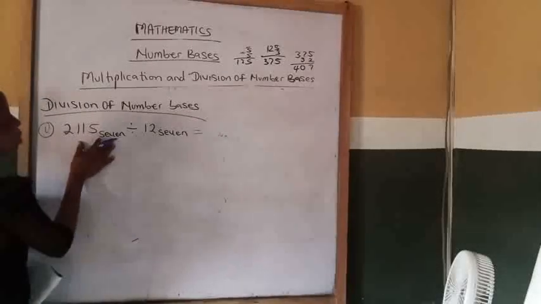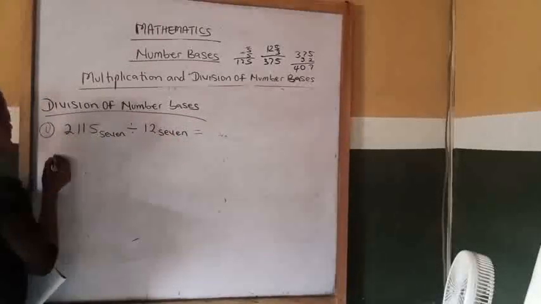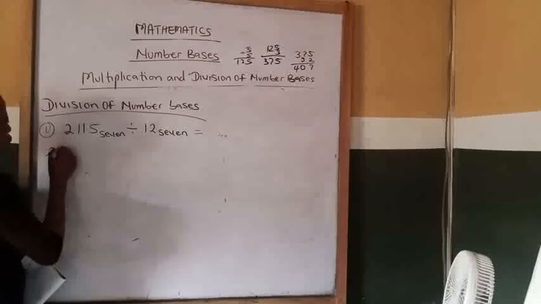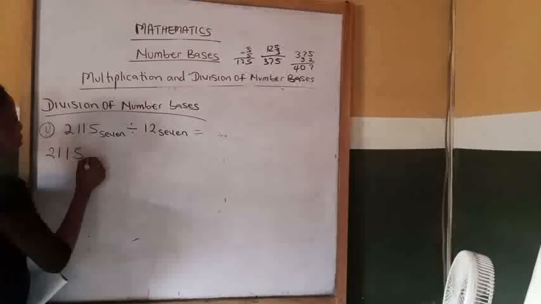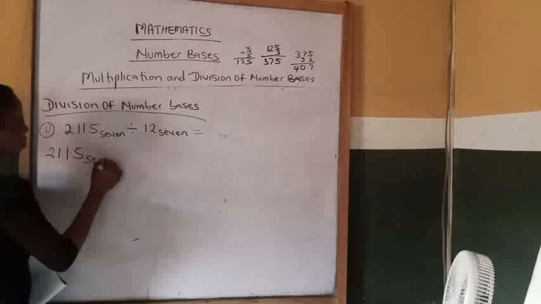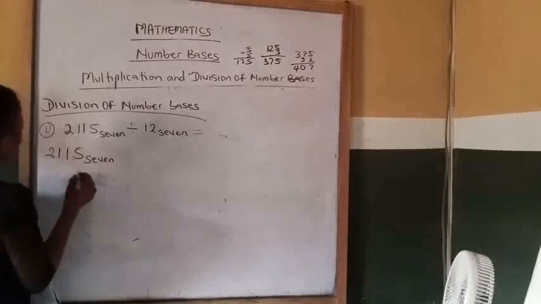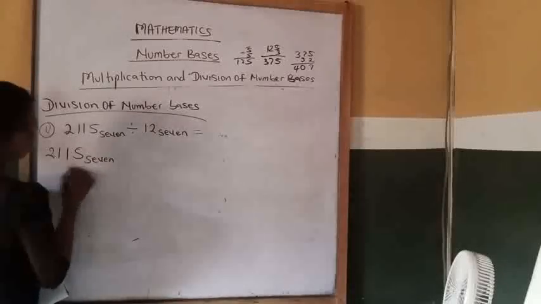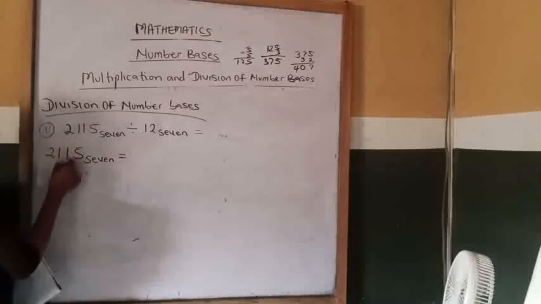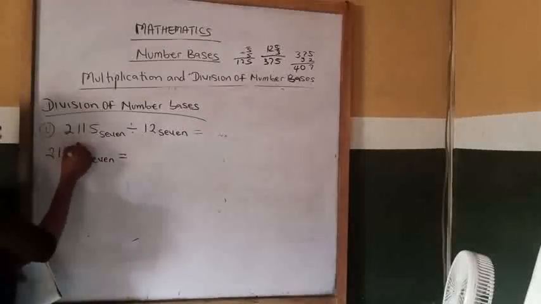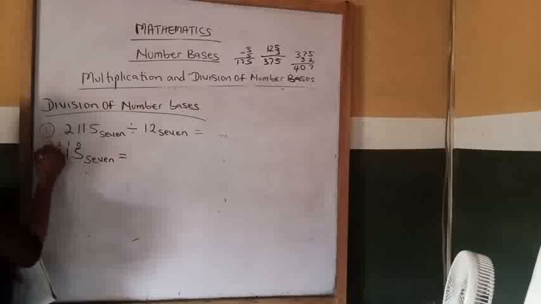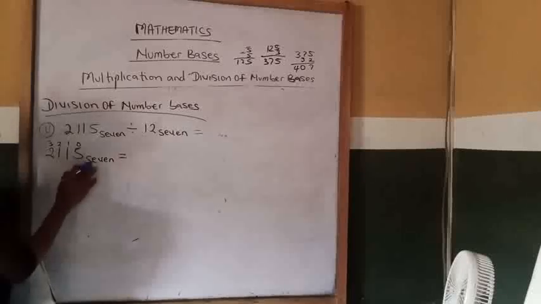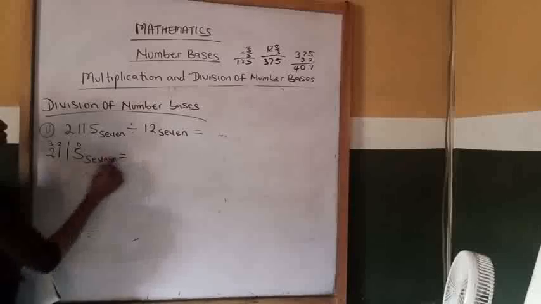So convert this number to base 10, and this one to base 10. 2115 base 7. Let's convert it to base 10. Put the power of your place value: 0, 1, 2, 3. Expand it, multiplying each digit by your base. 2 times 7